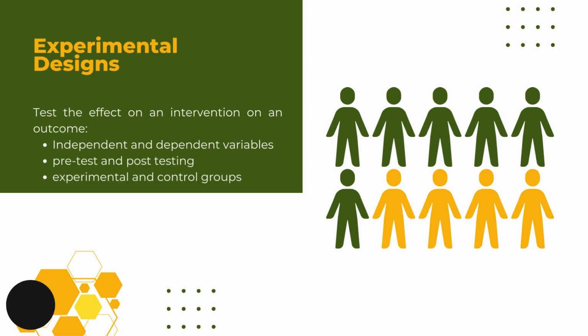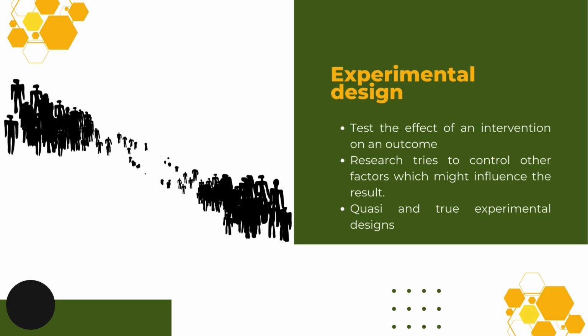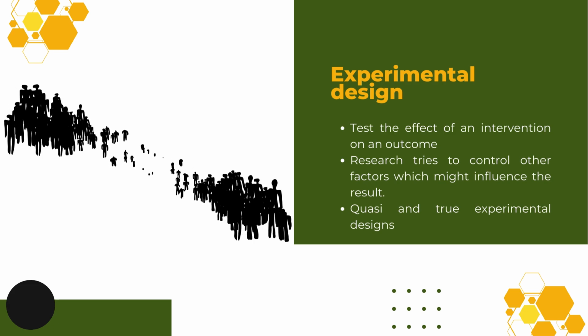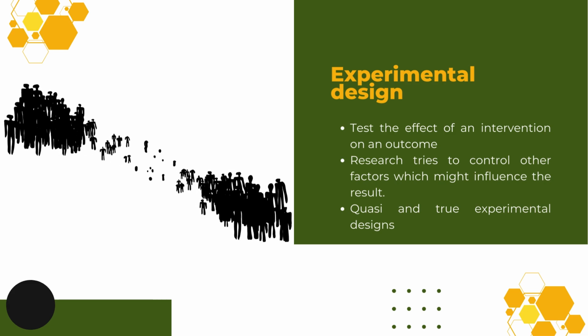What's key for us to talk about, and we'll come back to disadvantages or advantages, or you could refer to it as well on page 184. But one of the second points that we need to dive into is experimental designs. Now, here we test the effect of an intervention, the outcome of it, as in independent and dependent variables, pre-test and post-test, experimental and control groups, and we often compare the two. So in experimental designs, we test the effect of an intervention. The researcher tries to control other factors which might influence